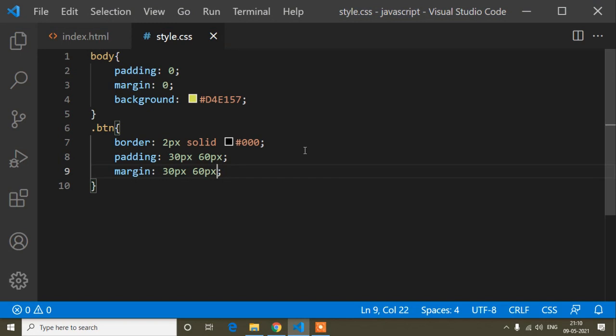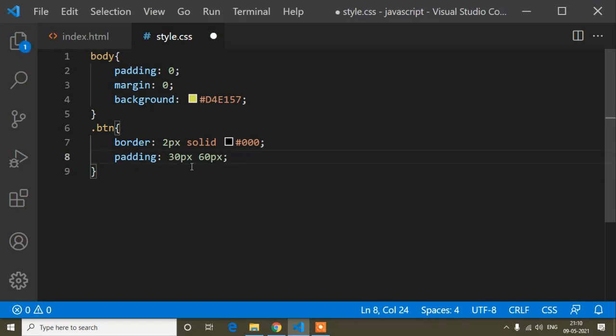Now if I refresh, you can see it's affected outside. The button does not start from the top now, it's added some space at the top, and also some space left and right. So margin adds space outside, and padding adds space inside. Hope you have understood the difference between margin and padding.